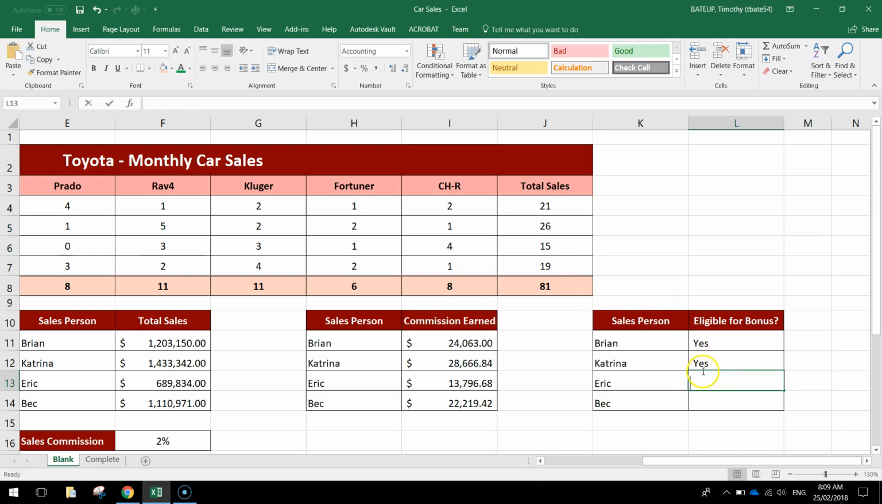Now for Eric, we write equals IF, open up our bracket, and we test Eric's total sales here. So if J6 is greater than 20, put a comma and write "yes" in quotation marks, which means yes, he's eligible. Otherwise, if he's got less than 20 sales, we put a comma and write "no" in the quotation marks. Close the bracket at the end, press enter, and you can see that no, Eric is not eligible for our